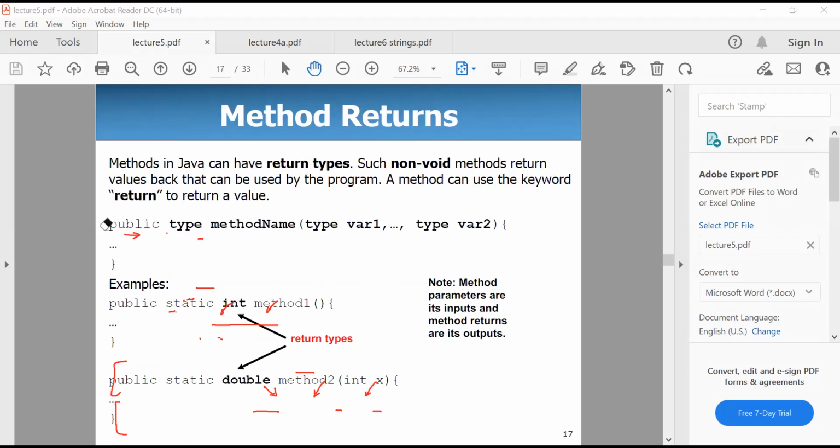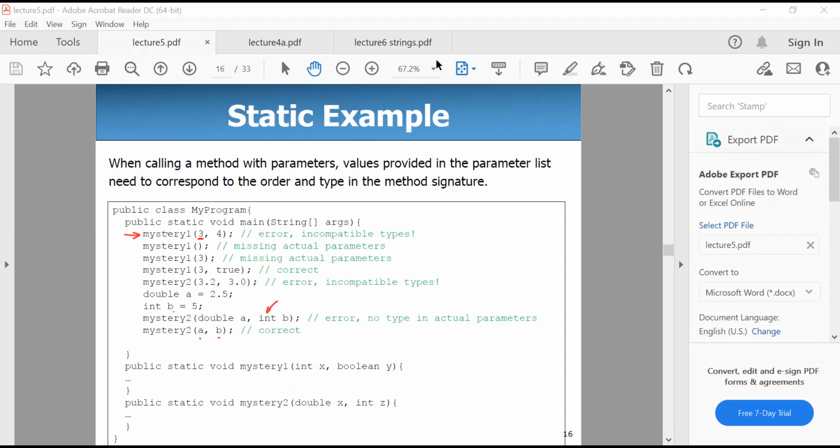Now we learned something slightly different here. In the last sessions, we always used void when we are defining a method. But we want to learn that this void does not really work all the time. So if we want a method to calculate something for us and then return certain values out of that method,